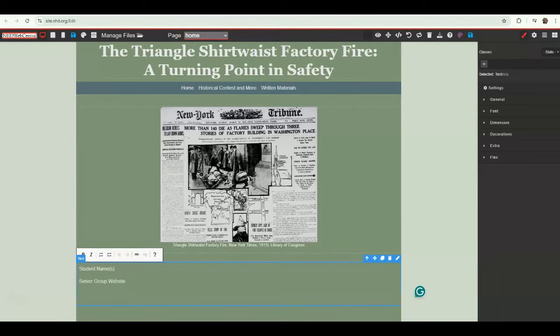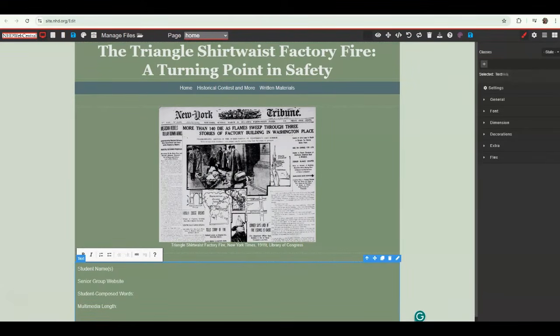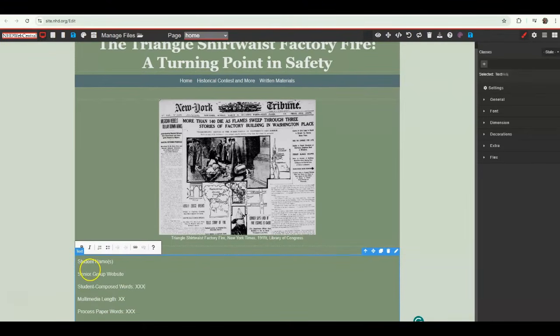the length of your student composed words, the length of your multimedia, and the length of your process paper. And then you would add in how many words or minutes each of these elements are. But you see here that when I go to type in my text box, everything's a little spaced out and